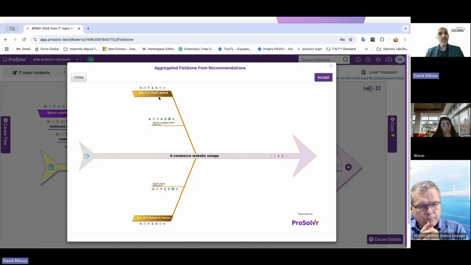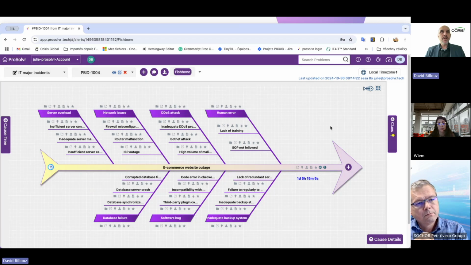66.7% of the problem has been caused by a DDoS attack and the rest by a network issue. And in that case, it is more accurate than taking the best match. You see? So you have different options. All that is managed, of course, by AI. And at the end of the day, you end up with an Ishikawa